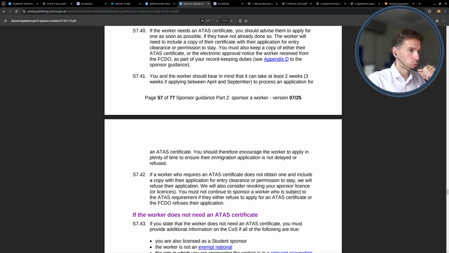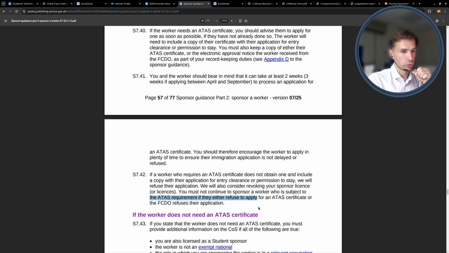There might be a problem with the licence of the sponsor. And in the end, the recommendation is that the sponsor is not eligible to continue to sponsor a worker who is subject to the ATAS requirement if the status is refused.